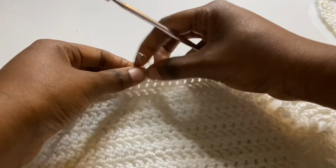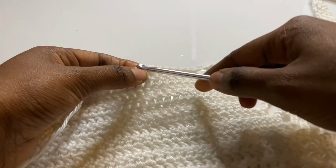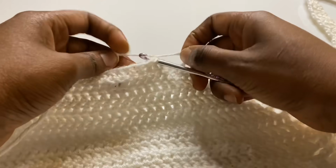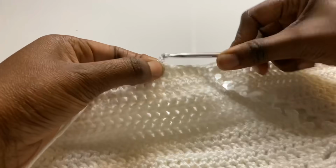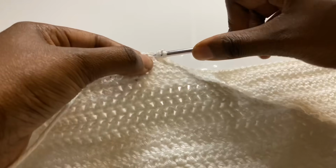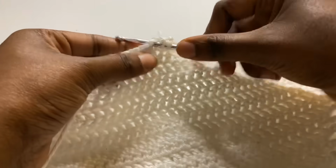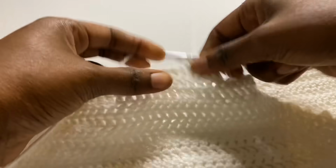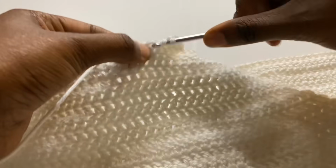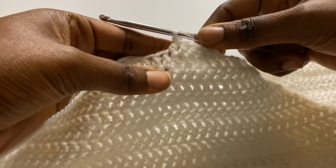All right, so here I'm creating a slip knot. I'm attaching the yarn again, chaining 2. After the chain 2, I'm going to place 5 double crochets down. So here we are, chaining 2, and then again 1 double crochet, 2 double crochet, 3 double crochet, 4 double crochet, and 5 double crochet. Chain 2,